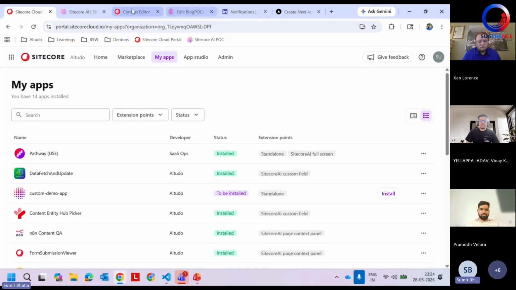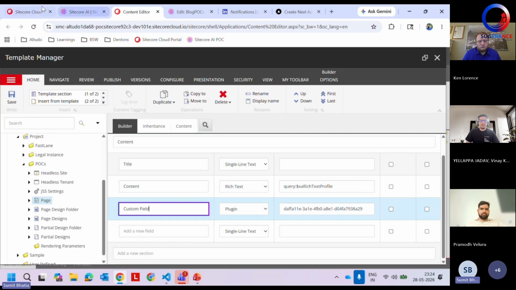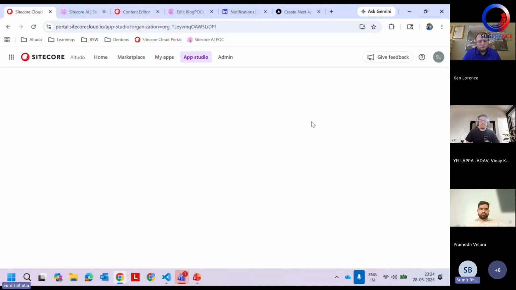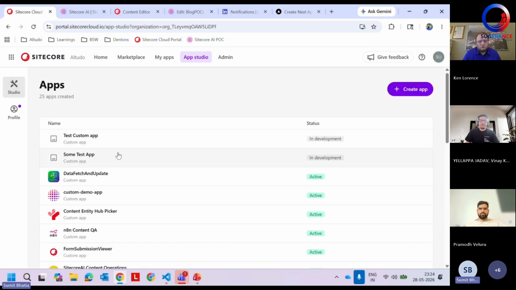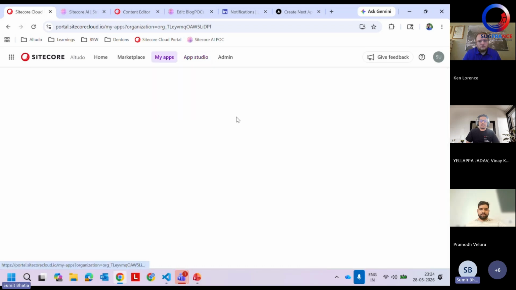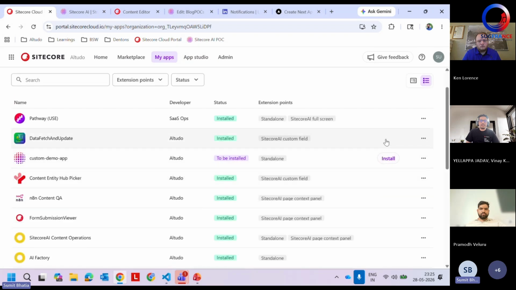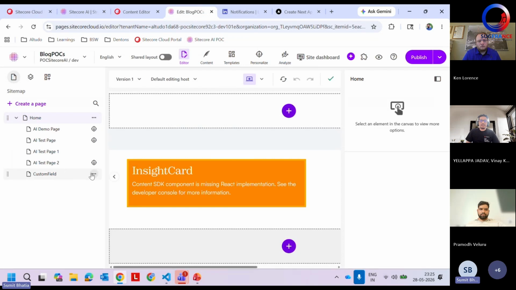One more thing: if you do anything in this app section, like if you go to App Studio again and try to make any kind of update in your app, any other functionality, it will show an update button here. Like it is showing install, it will also show update. So you need to update your app accordingly. All right, once you are done with everything and your application setup, now see how it works here.